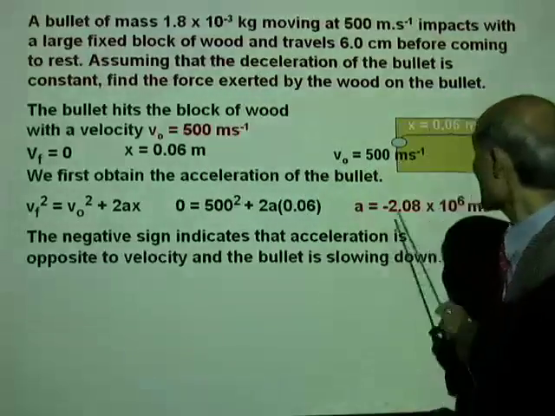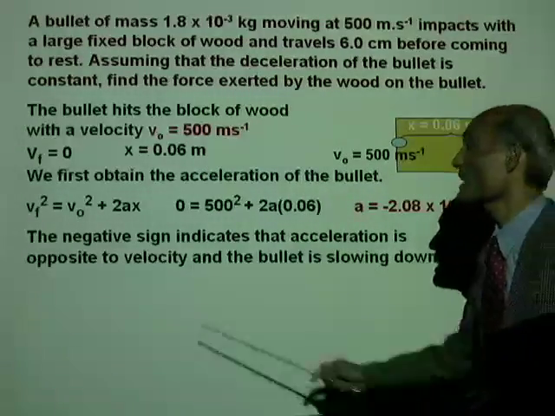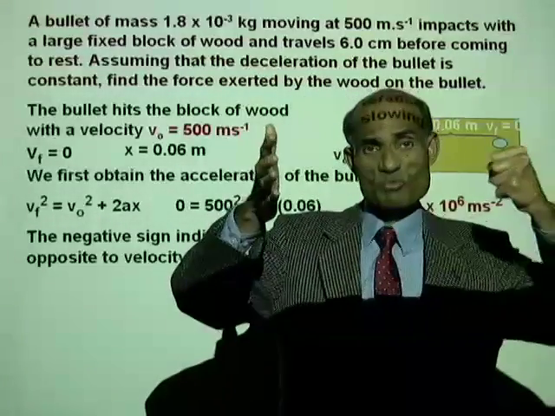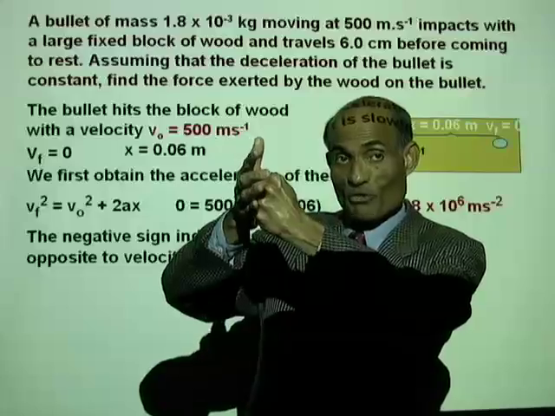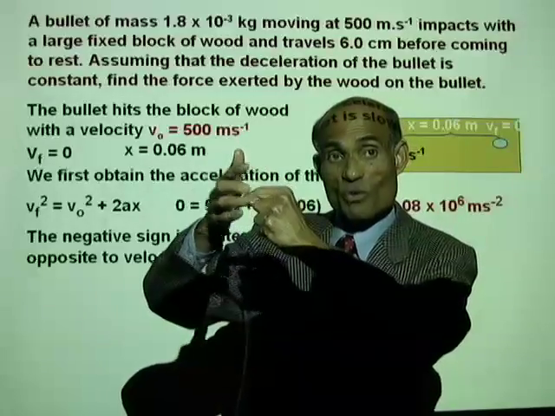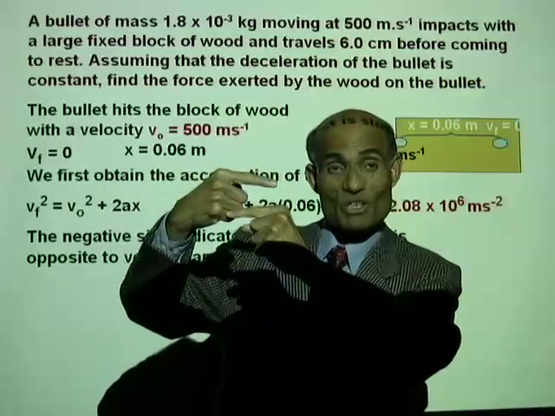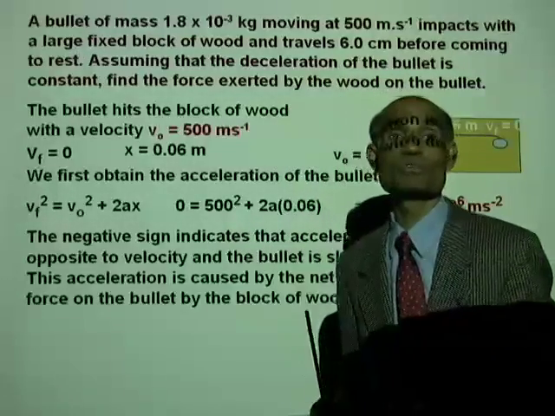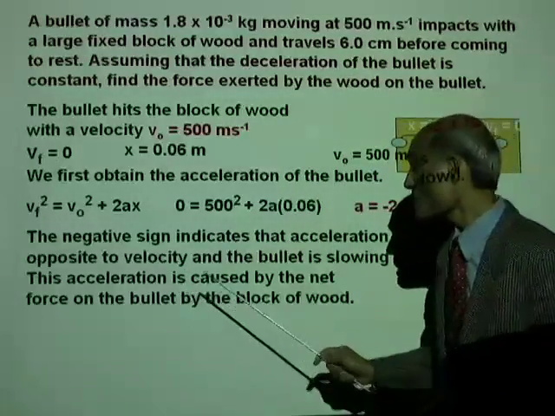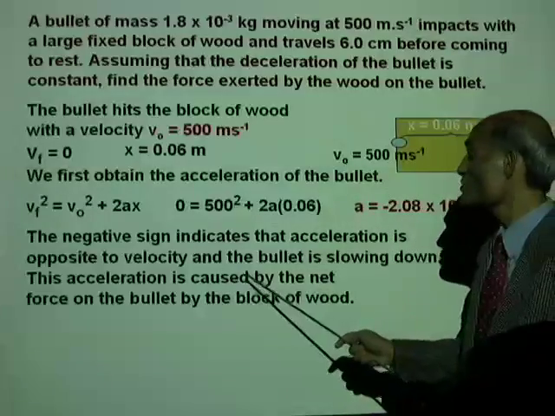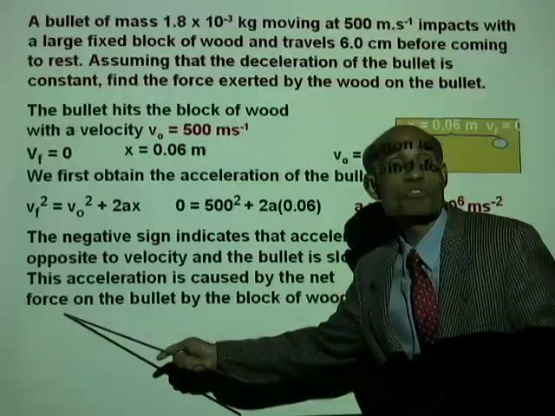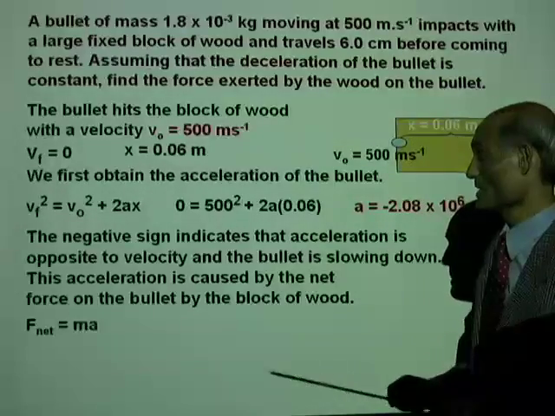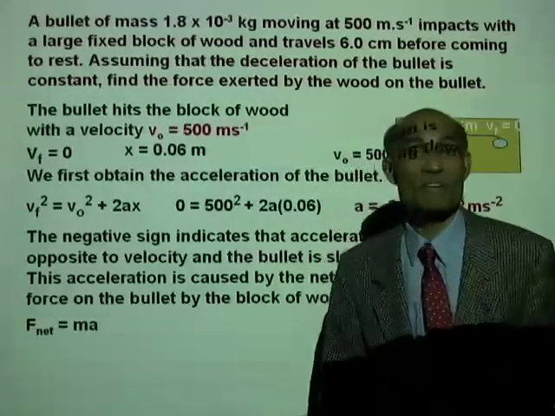The negative sign indicates that the acceleration is opposite to the velocity. The bullet is moving forward. The force applied by the wood is in the opposite direction. That means the acceleration is opposite to velocity. This acceleration is caused by the net force on the bullet by the block of wood, which means F net equal